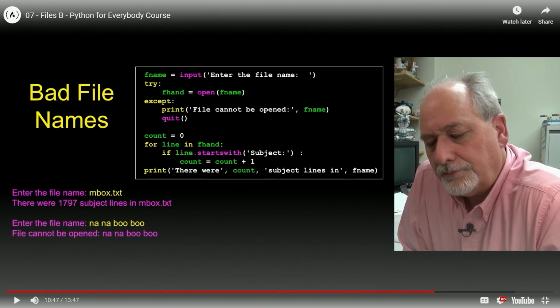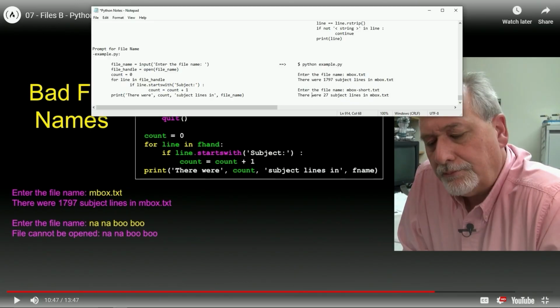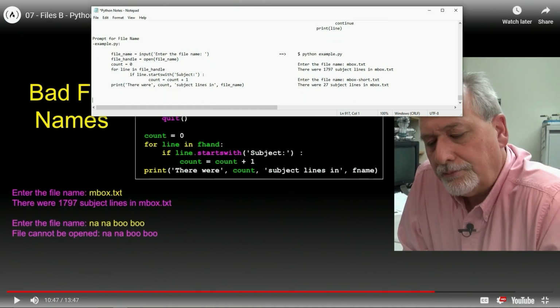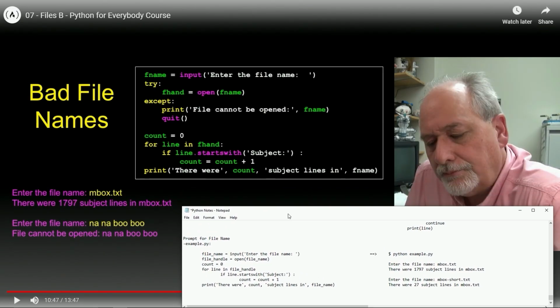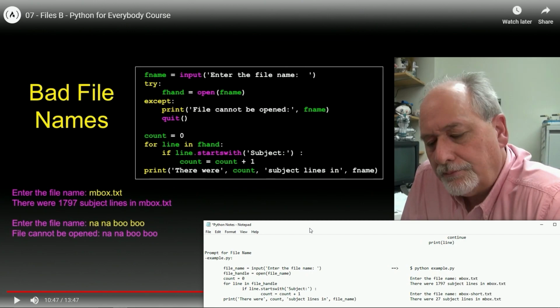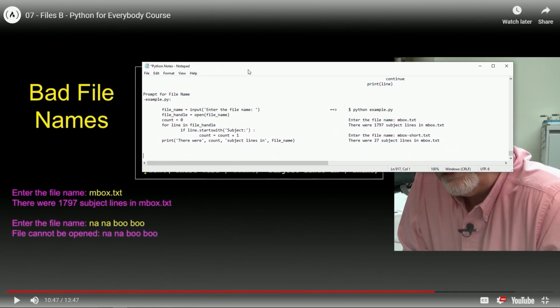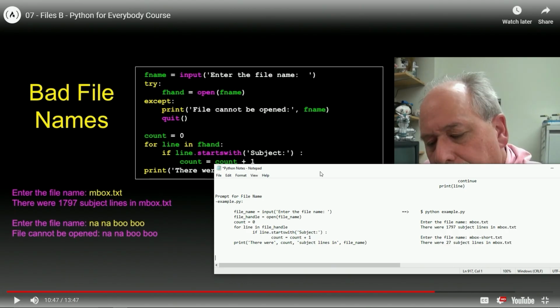Bad file names. Let's type this down. All right. Let's analyze this before we start typing. So, okay, so we're going to do bad file. So it's going to be just like this. Okay, we'll do that. What are we going to do?